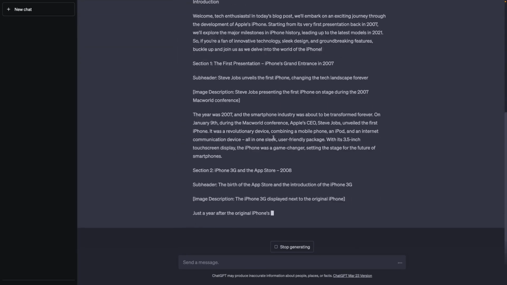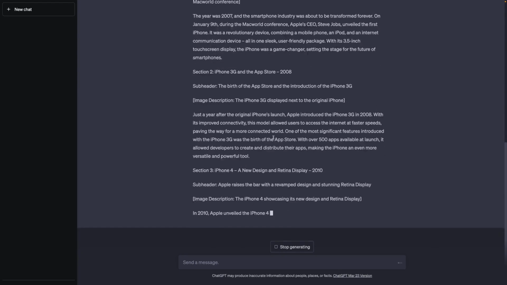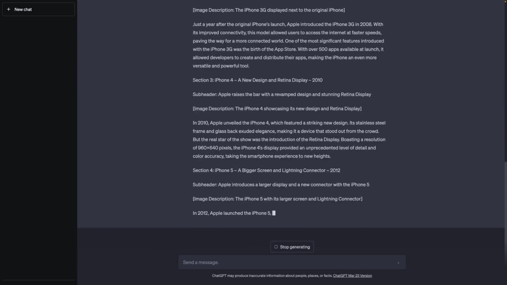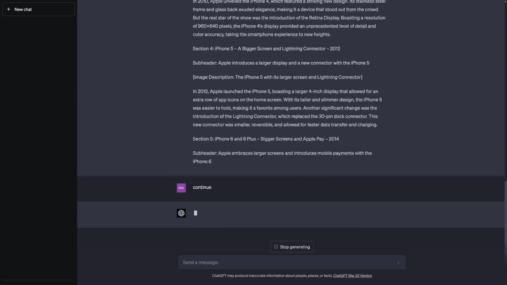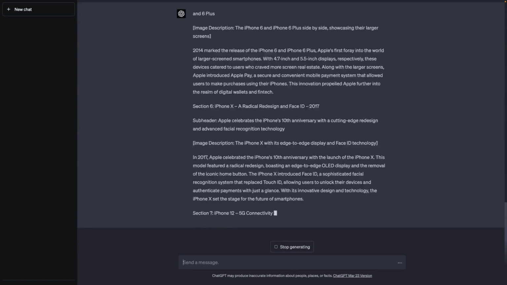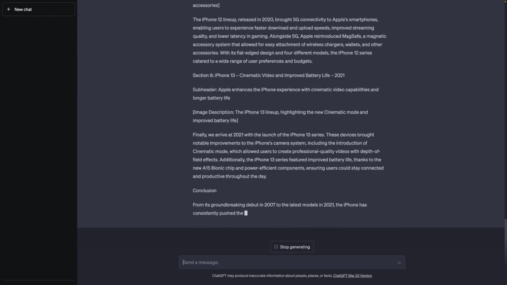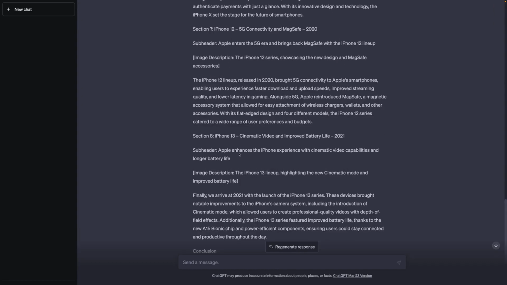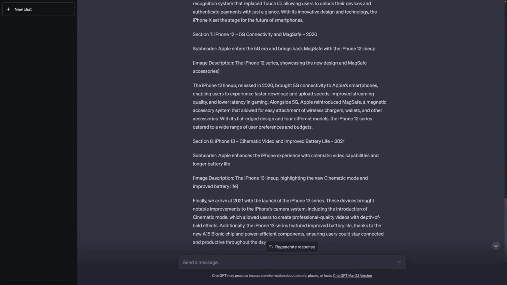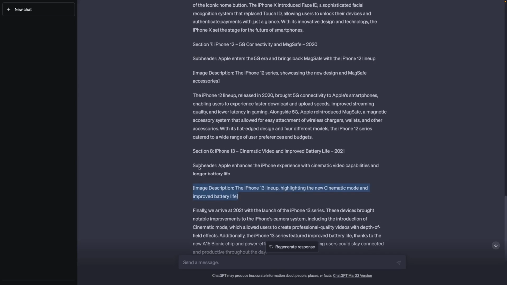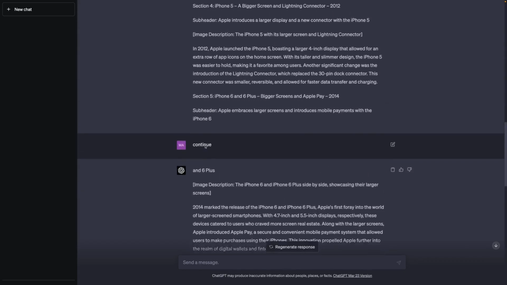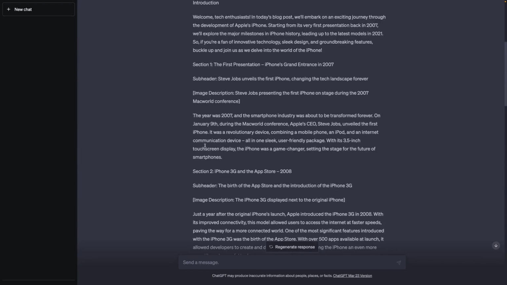And this now is a totally different level of quality, I would say. This is an almost ready to be published article. As always, your output will look different. We talked about this throughout the course, but we have really a well-structured article. We have descriptions for the images we need. We have subheaders, we have sections, and if you look at the beginning of the article, for example, you see